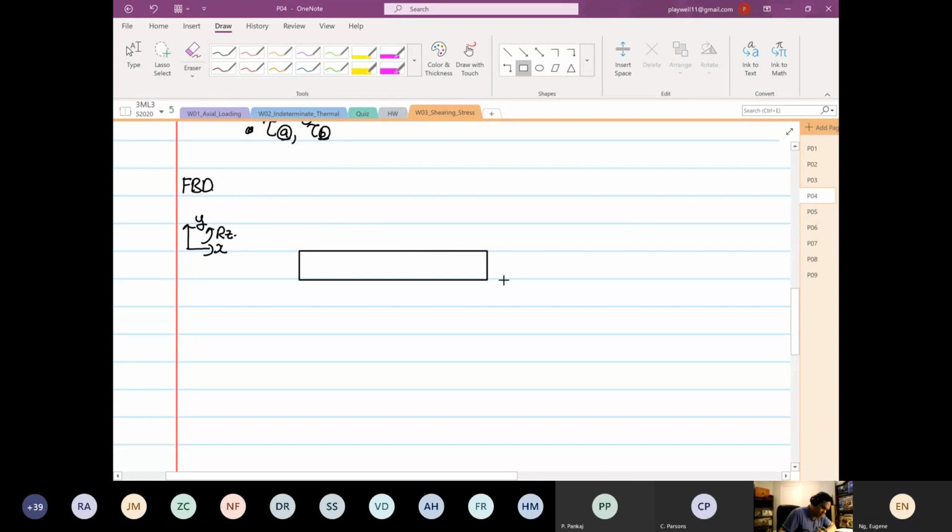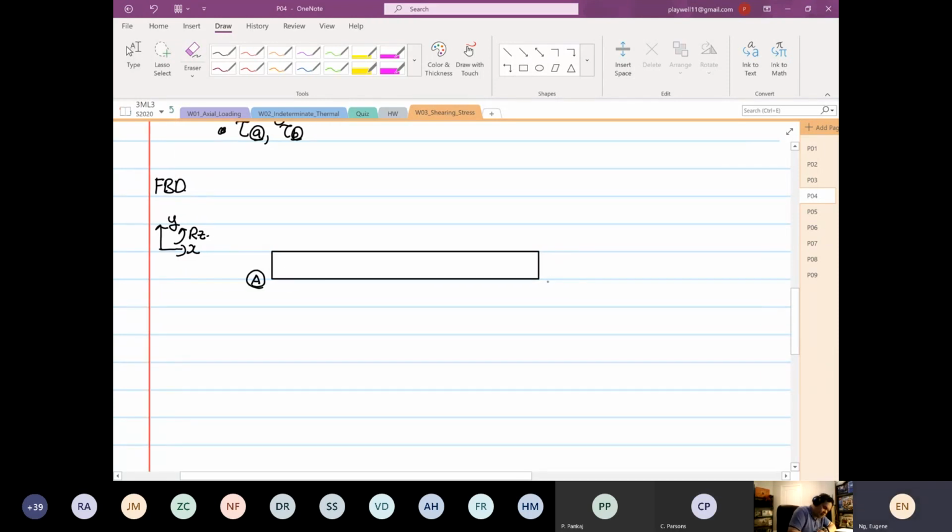So we have point A, then on the other side point B. So this is AY, and this is BY. And then we know that we have a load coming down here, smack on the center